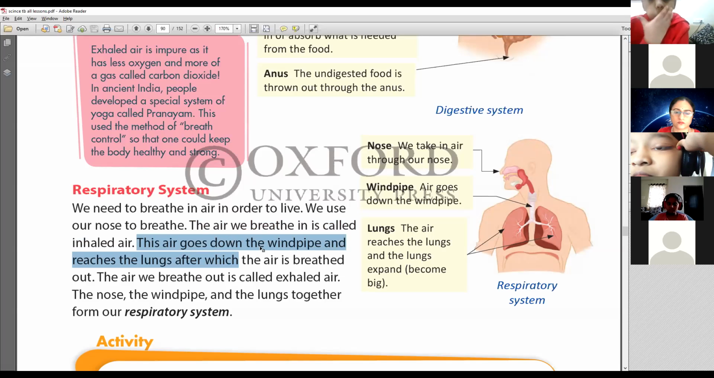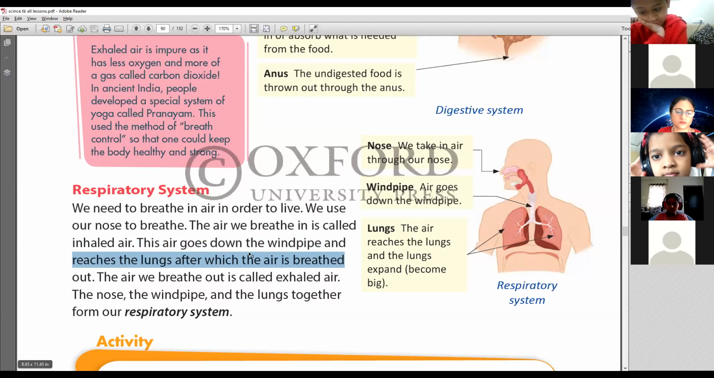Where is 'and', Krutvik? I don't see any 'and' here. That's what I'm saying. Don't read the words which are not there. Down the windpipe and reaches the lungs. You're totally missing the entire line. Reaches the lungs, after which the air is